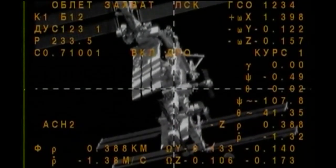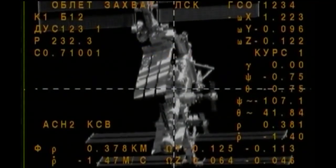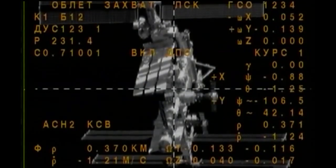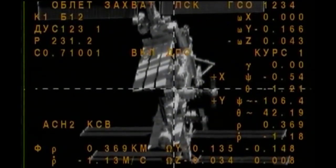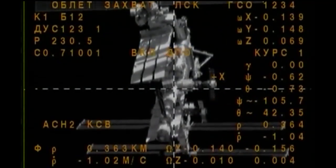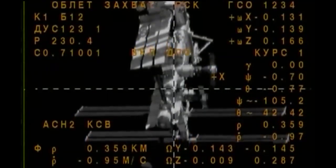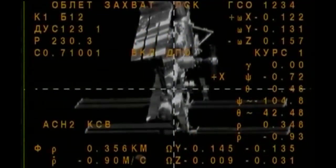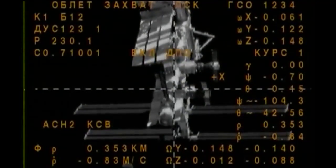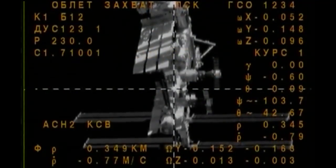And we are doing The visiting vehicle officer here in Mission Control now reports that we are now in the fly-around mode. So the Soyuz vehicle has approached slightly ahead of schedule, actually, to begin its fly-around. This is a typical means of aligning the Soyuz precisely to the hoist module of the International Space Station. This is a fly-around angle of about 110 degrees to permit the Soyuz to be precisely aligned with the docking